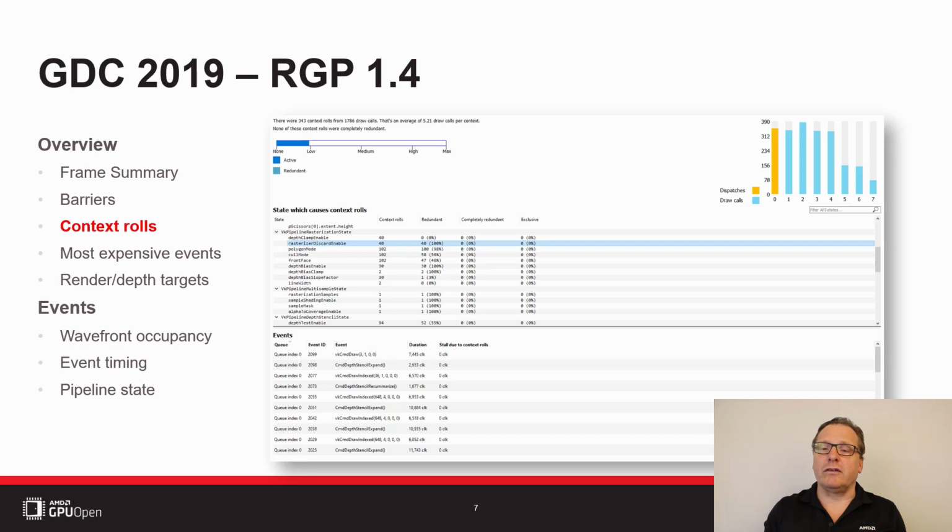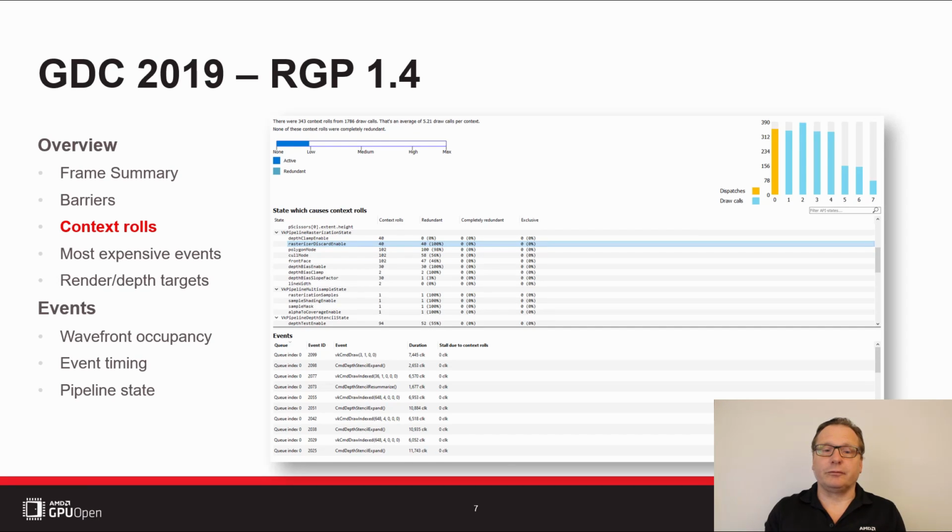A set of context registers follows the draw through the graphics pipeline until it is completed. On completion of the draw, that associated set of registers is free to be used by the next incoming draw. On AMD GPUs, there are 8 available sets of context registers, of which only 7 are available for the draws. The 8th is reserved for the compute dispatches. A worst-case scenario would occur if 8 subsequent draws each require a unique set of context registers. In this scenario, the last draw would have to wait for the first draw to finish before it can use the context registers, causing a stall.